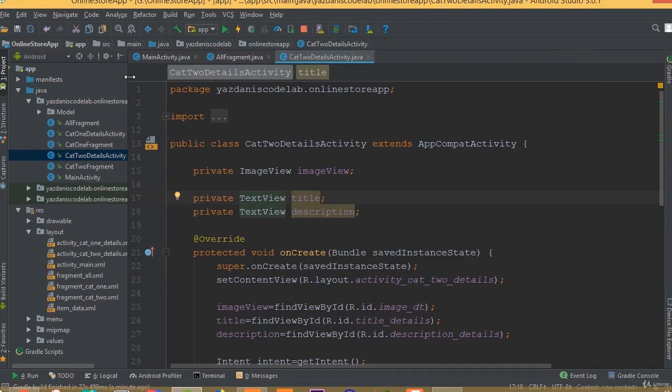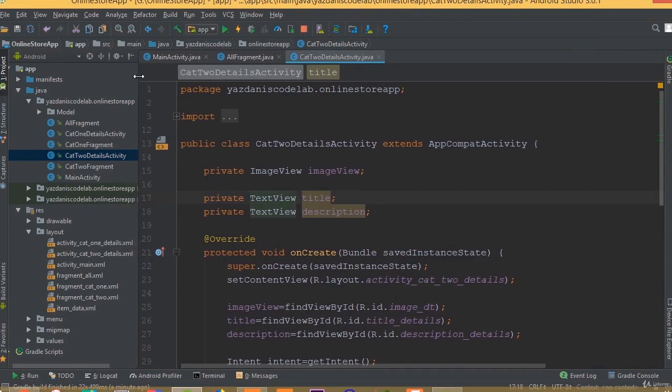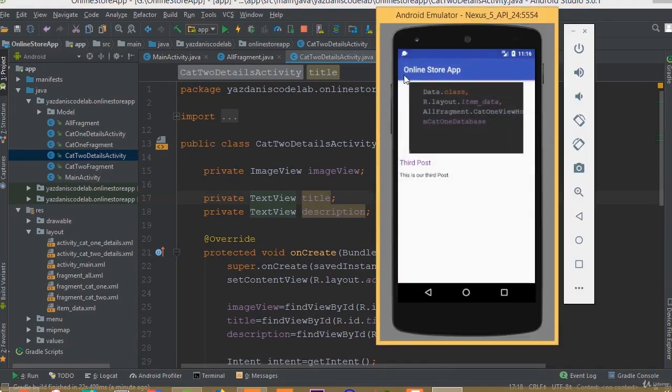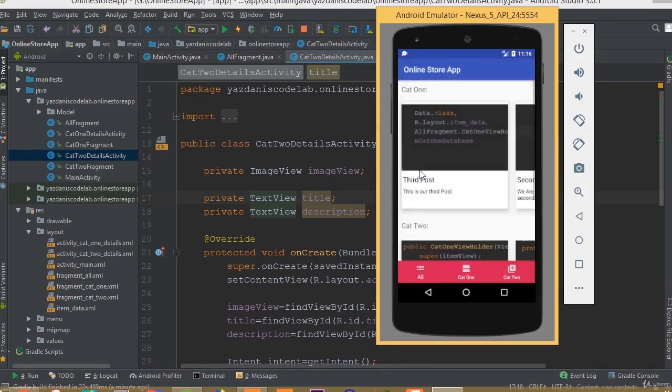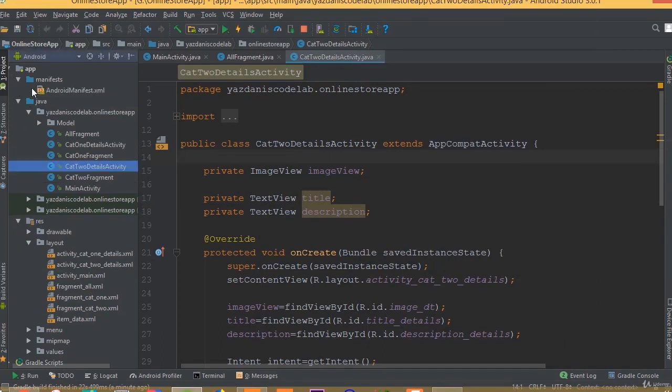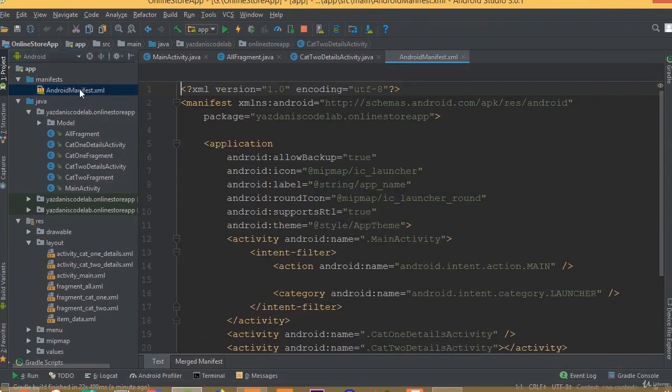Now I think we need to add a back button. So go to this manifest file. When we click, we need to add a back button at the top of the toolbar. So how can we do it? If you want to do it, we need to change our manifest file. So open your Android manifest file,